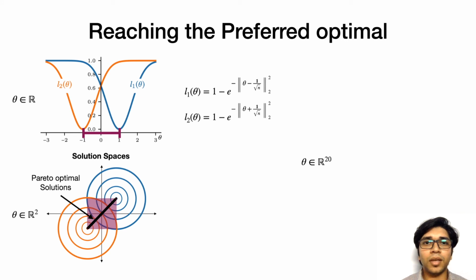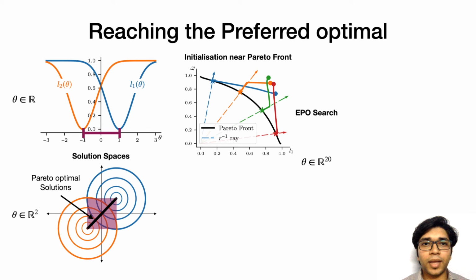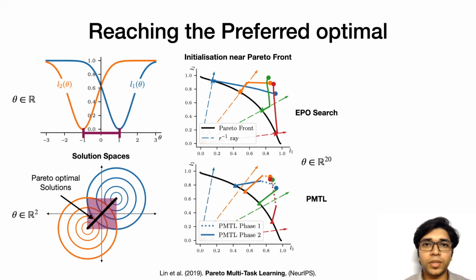First, let's see the case when initialization is done randomly inside this hypercube, which is near the Pareto front. The dashed rays represent different user preferences. So 4 preferences, 4 trajectories. The color of the trajectory indicates which preference was used to obtain it. As you can see, in every case, our algorithm first moves closer to the preference ray, then descends to the preferred point. We also compared our method with the recently proposed Pareto MTL method. It doesn't reach the preferred solution.